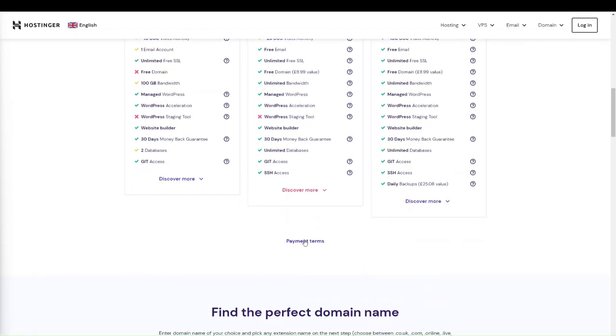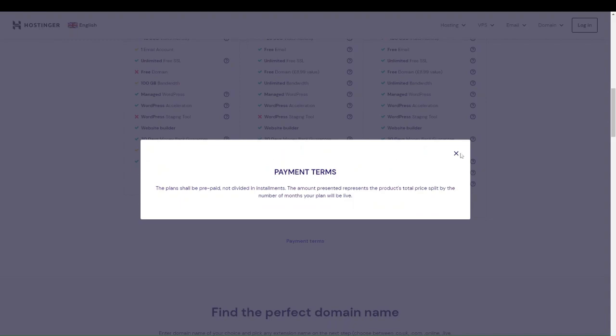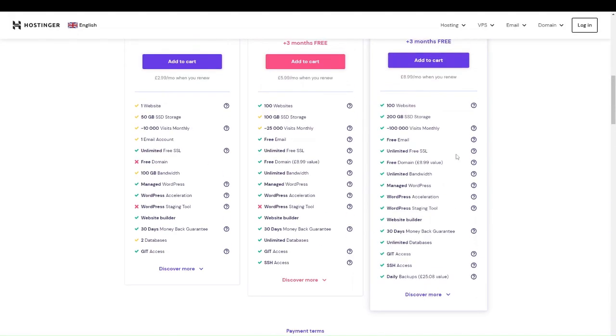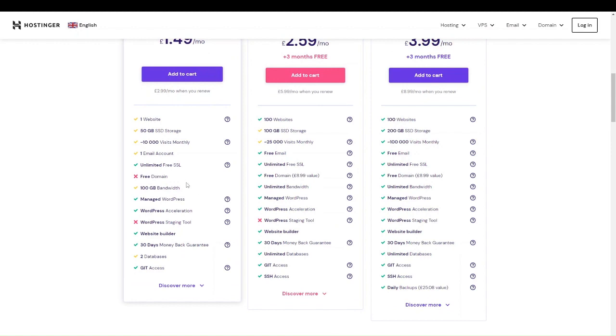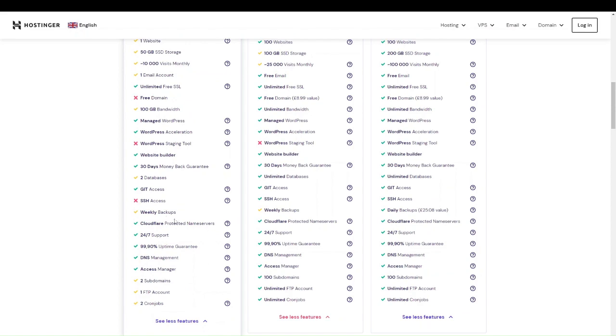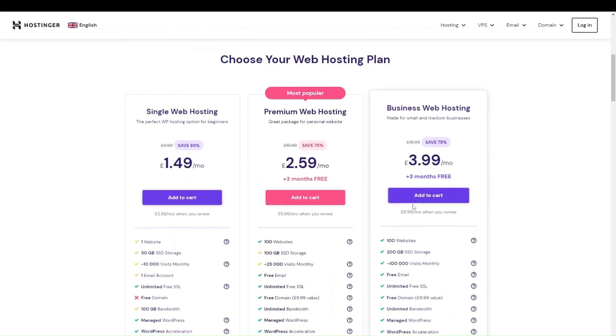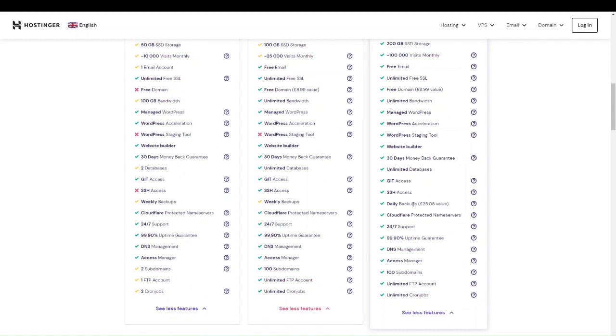You can sort of see payment terms here. So they offer quite a lot of things, especially within their basic. Some things that might be a little bit frustrating is that there is only one email account. Other things that they have is weekly backups. They don't have daily backups unless you were to upgrade to the business web hosting, which can seem a bit